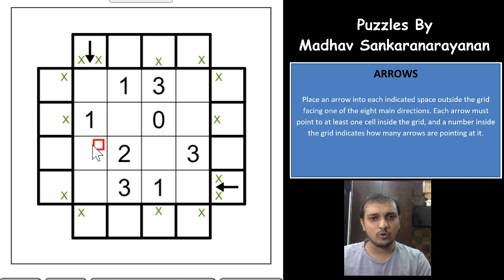Whenever you place an arrow, just mark the number of dots on the cells that are pointed by the arrow, right? So this arrow is pointing at these 4 cells. I mean to say, it is pointed by the arrow here at the top, which means I have made a dot marking here, which is pointed by the arrow. Same way for this arrow, a dot here, here, here and here, and which means that this cell is pointed by 2 arrows now, which is marked by the 2 dots here, which means this one is fulfilled and this one is fulfilled now. So I can mark that here. We have fulfilled this 1 now, which means that no other arrow can point towards this 1.